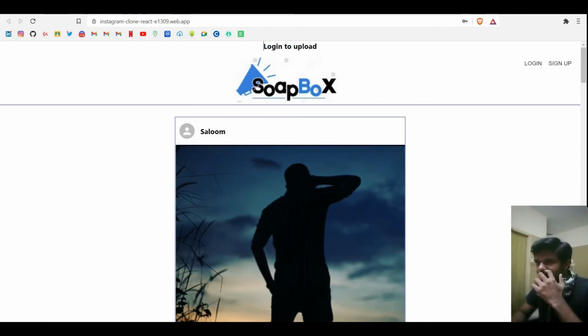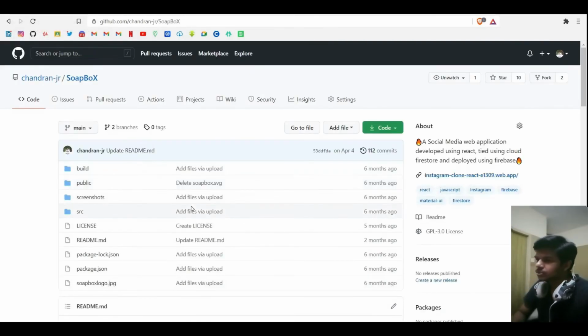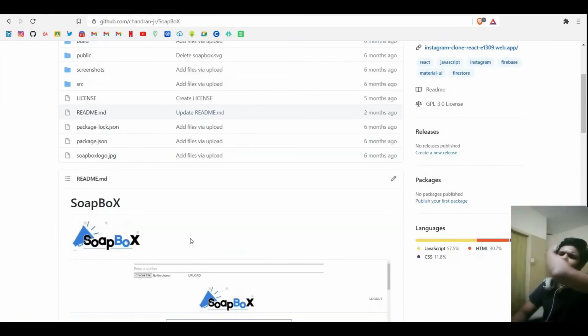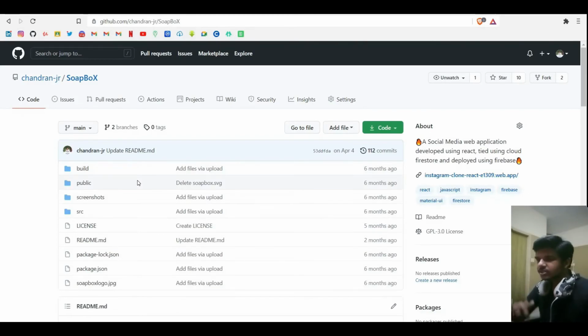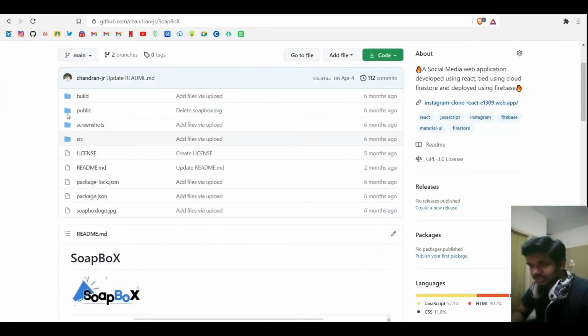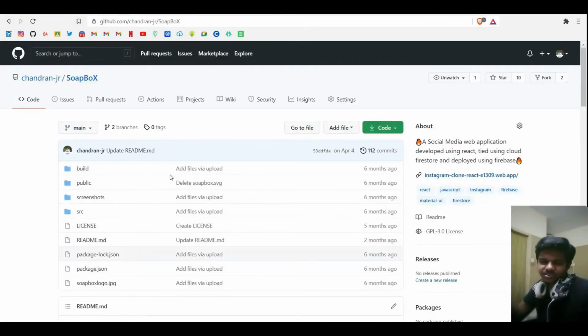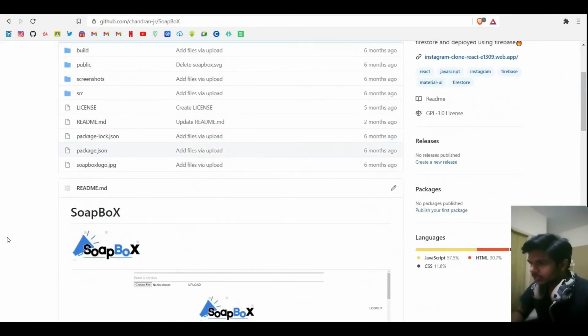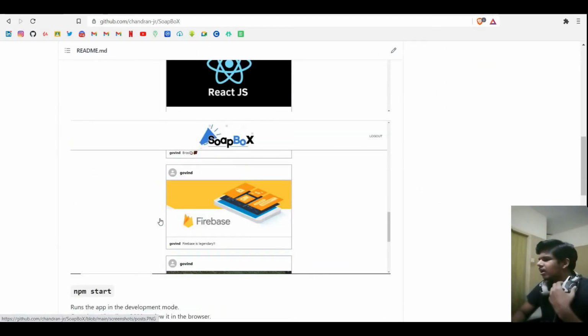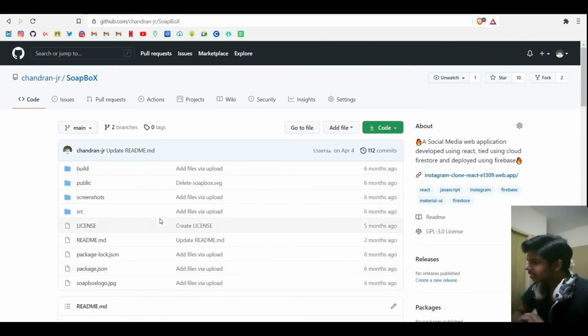Let's go into the Soapbox GitHub repository. As you can see, I put the repository together pretty neatly. I put all the required folders, even the build folder, if you know how React works, the npm run build and stuff, even the screenshots folder. Just try downloading this code and trying it out on your own if you know React. Please don't use my Firebase stuff; the Firebase code doesn't work. Use your own. Watch and learn from other YouTubers, as I said earlier too. These are the screenshots of the app. I tidied it up pretty neatly.